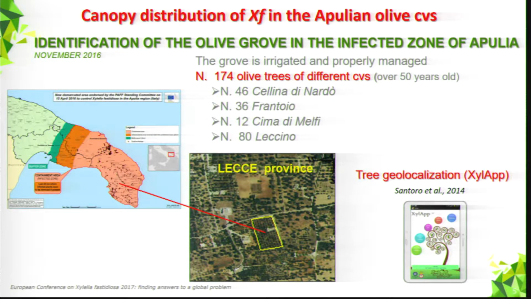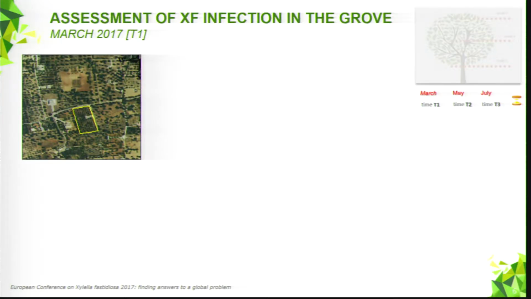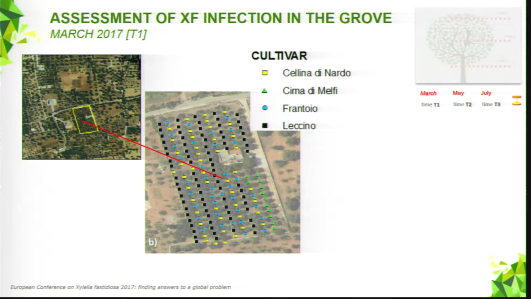Now, the geolocalization of the trees has been made by the use of Xylella, an application designed and developed by CIHEAM Bari, which is also under implementation for European use. In March 2017, we made the assessment of the infection of the grove, and just to see the distribution of the cultivars in this field,